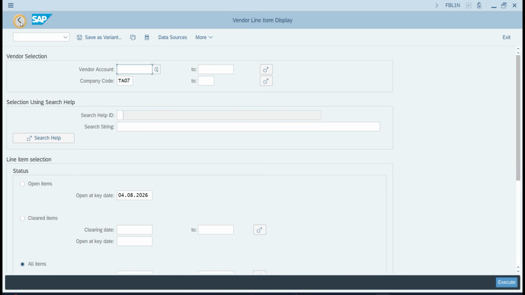All right, so it is completed now. Our vendor invoice and vendor payment of 45,000 has been completed. So it is the standard. Now if we want to process the payment in parts, that is the